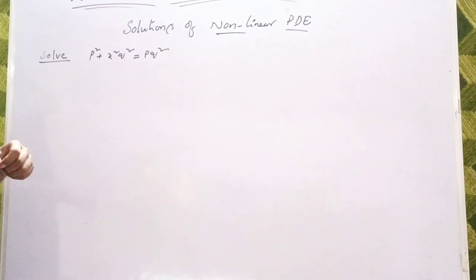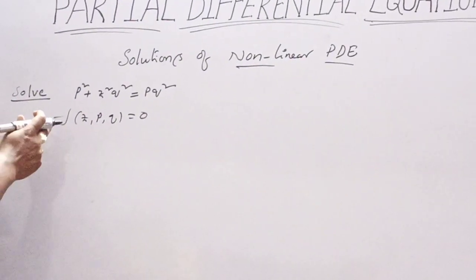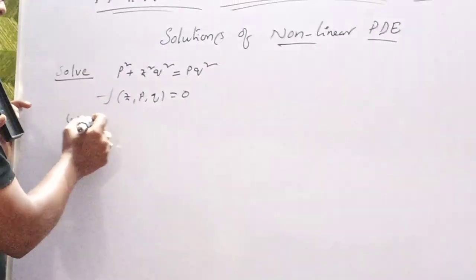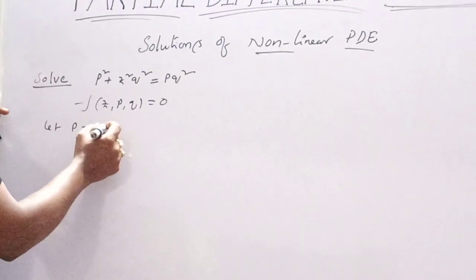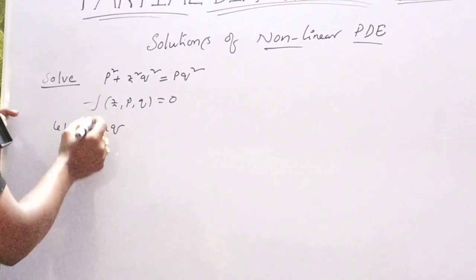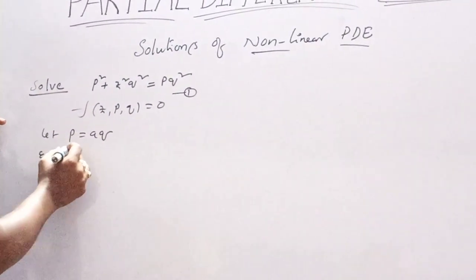Solve p square plus z square q square equal to pq square. No doubt, it is of the form f of z comma p comma q equal to 0, so standard form 2 clearly. So let p equal to aq. We are taking p equal to aq. Then this equation, say this is equation 1, becomes